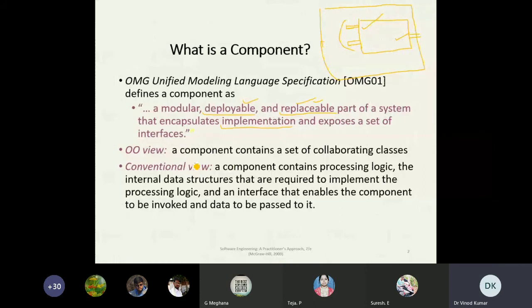From the perspective of component design, we have two views to discuss. One view is the object oriented view. To design the component, a component contains a set of collaborative classes. It will contain different classes, and they will be combined together.